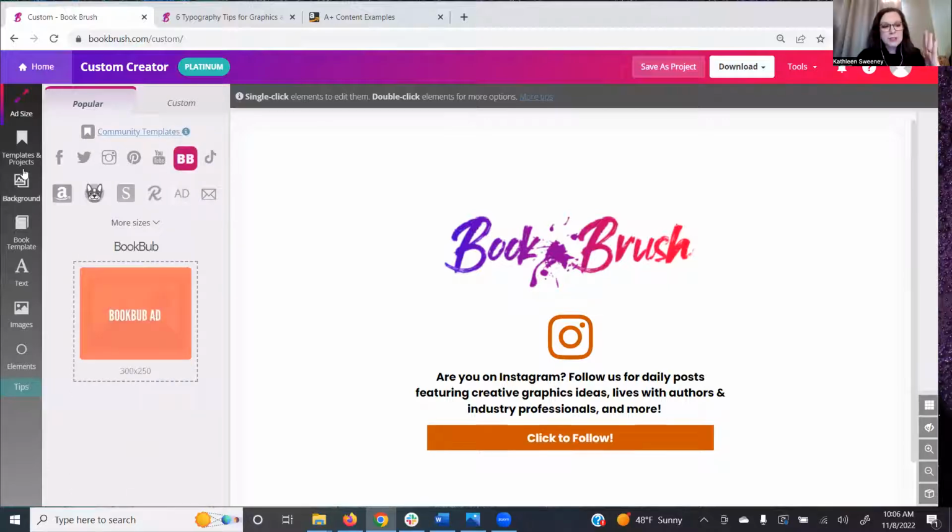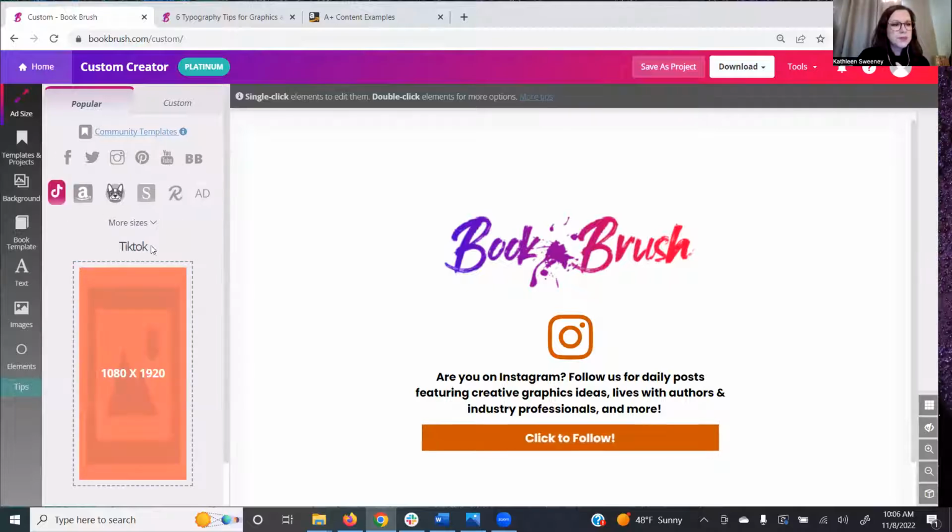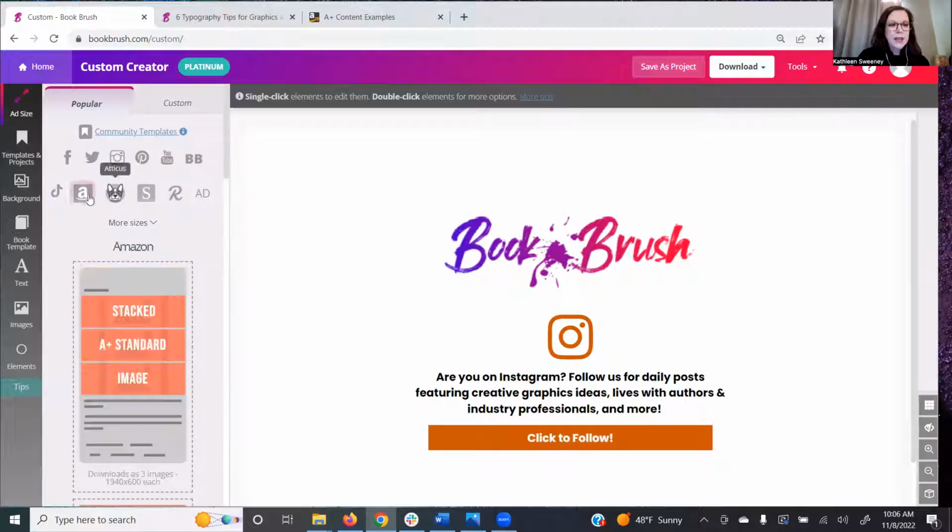And with each of these, you'll see underneath there's the graphic sizes with the dimensions in pixels. So you don't have to be scrambling out there or Googling, what size do I need? We have that solved for you. There's the vertical TikTok size, Amazon, and we'll come back because I'm going to make sure we talk about Amazon